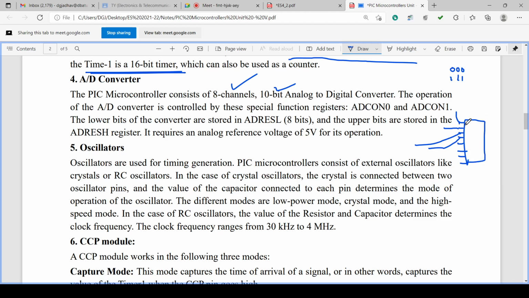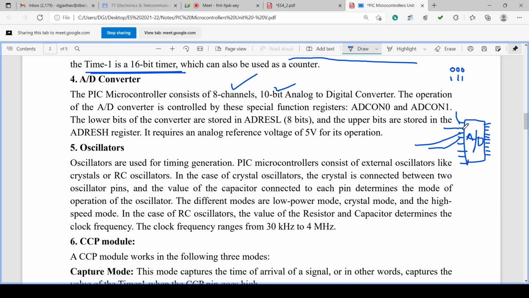After converting analog to digital, there will be a 10-bit conversion: 1, 2, 3, 4, 5, 6, 7, 8, 9 and 10. So 10-bit digital data is converted. The resolution is 10-bit, and there are 8 channels for the AD converter. That means 8 different sensors can be connected.